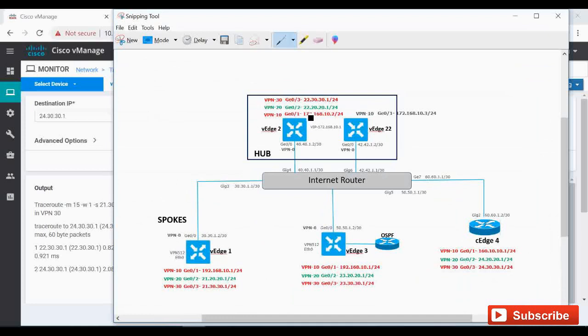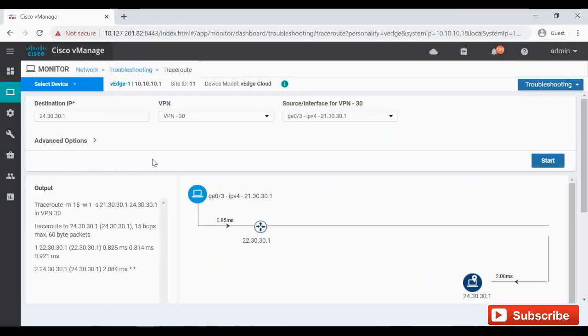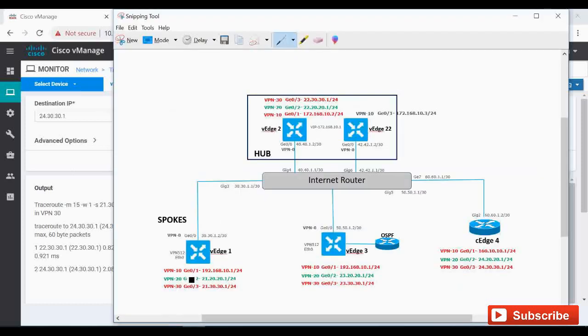You can see here 22.30.30.1. So we have seen that for VPN 10 and 30 we are going via the hub router. For VPN 20 we are going directly to the other edge devices. So that is still working in a full mesh topology.